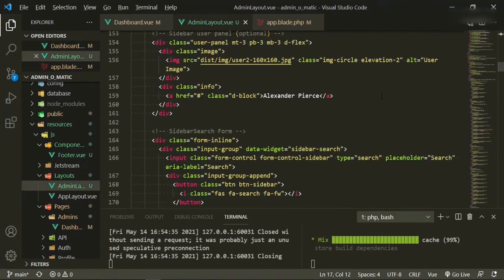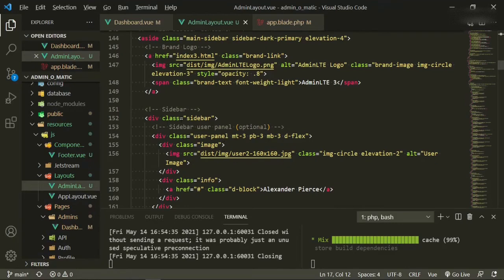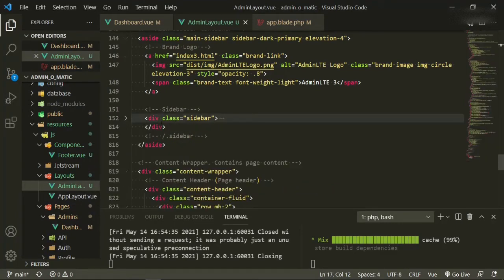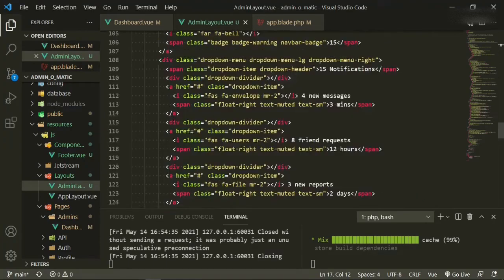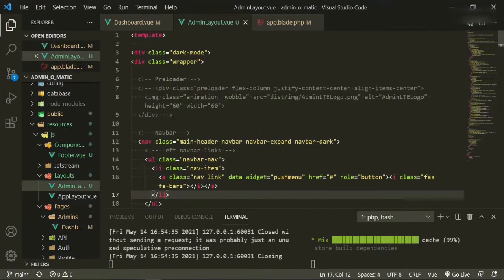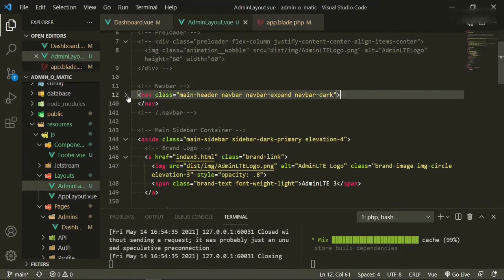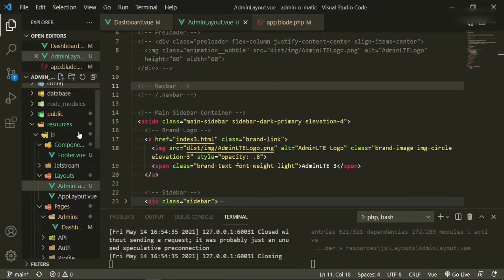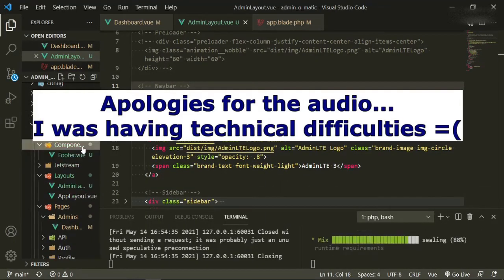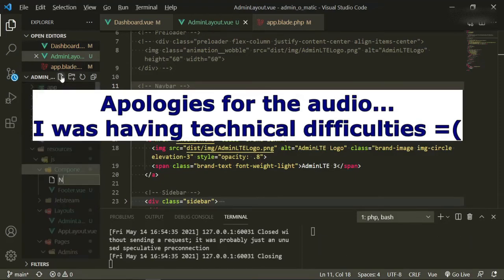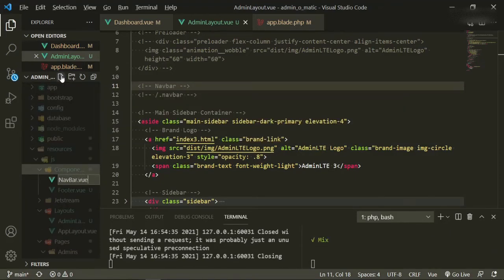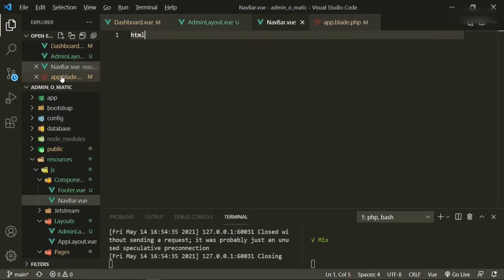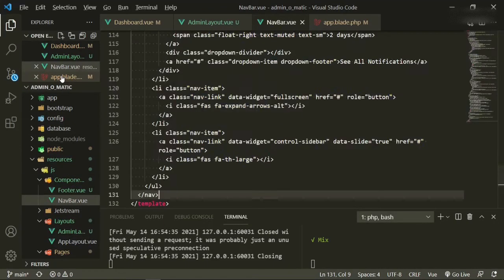So now I want to take this sidebar and I want to create a component for this sidebar. Well, actually, you know what? Let's start with the nav. So we'll go up top and we'll shrink this down, snatch it out of here, cut, and we'll create a new one. We'll call it navbar.vue, HTML, paste that in,